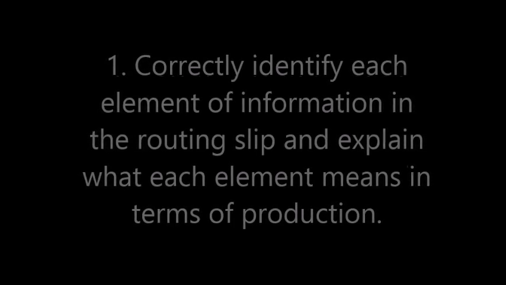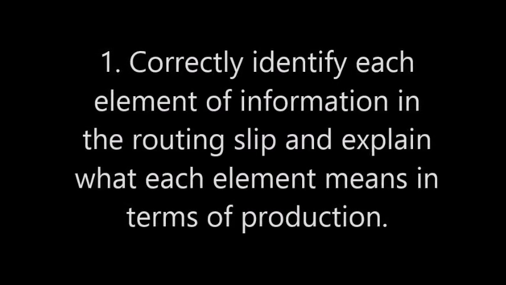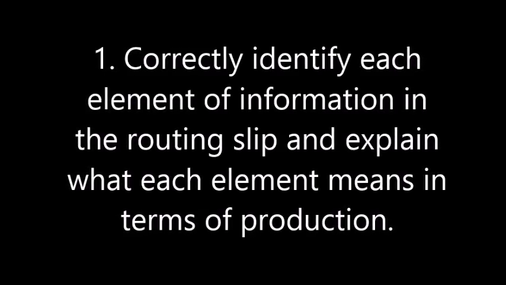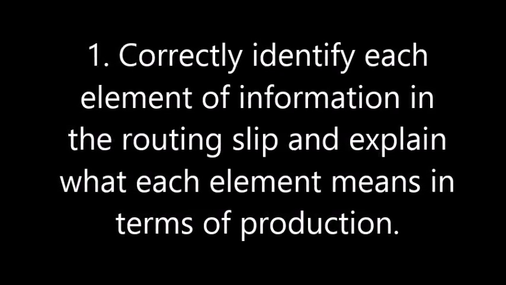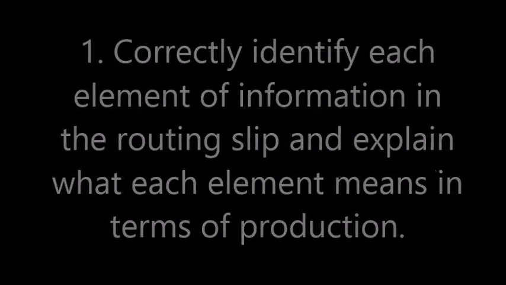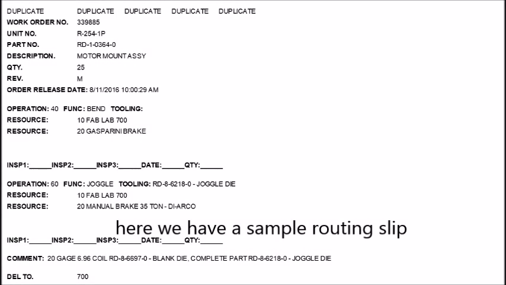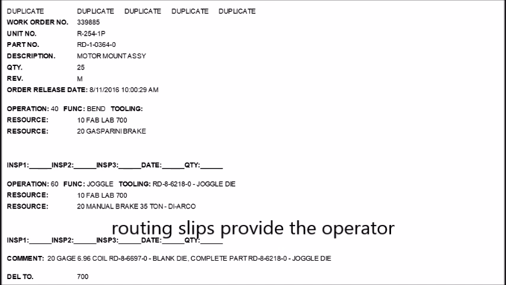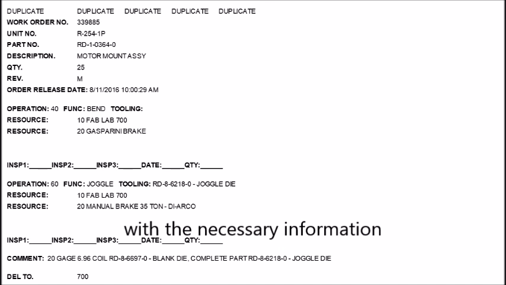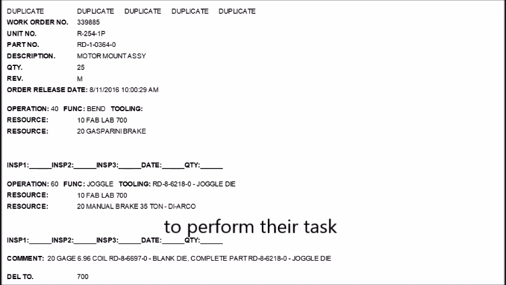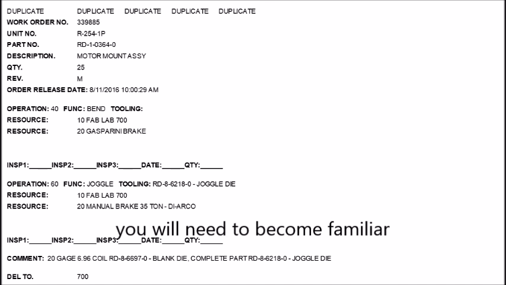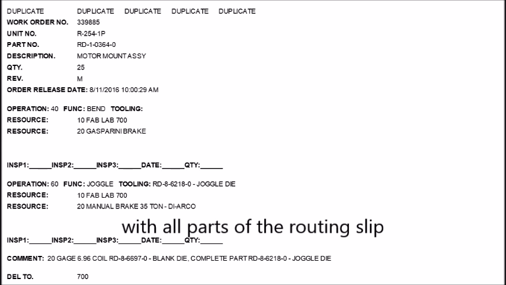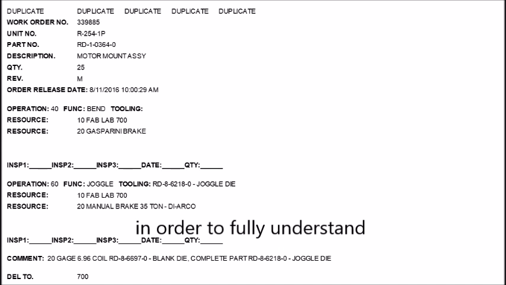Number 1. Correctly identify each element of information in the routing slip and explain what each element means in terms of production. Here we have a sample routing slip from Fabrication. Routing slips provide the operator with the necessary information to perform their task. You will need to become familiar with all parts of the routing slip in order to fully understand what your